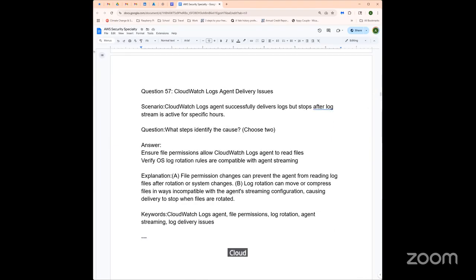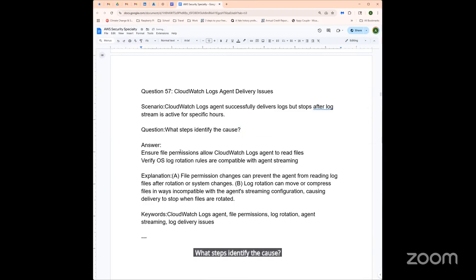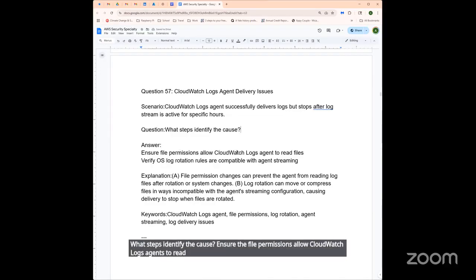CloudWatch log agent successfully delivers logs but stops after log stream is active for specific hours. What steps identify the cause? Ensure the file permissions allow CloudWatch logs agents to read files and verify the operating system log rotation rules are